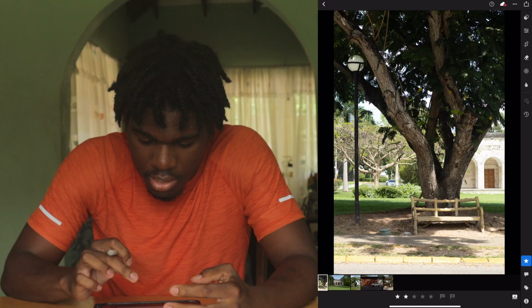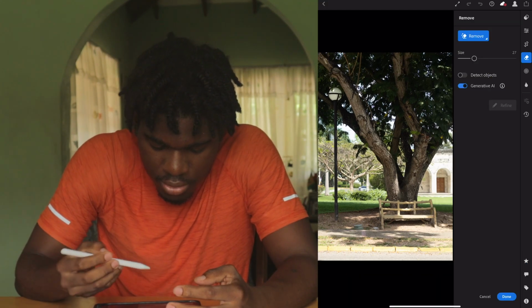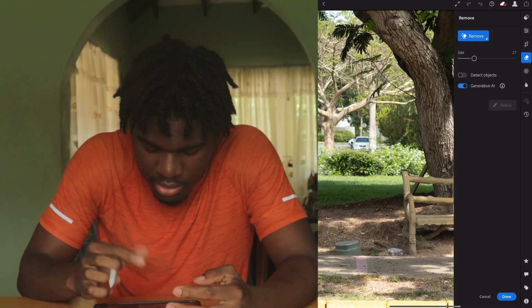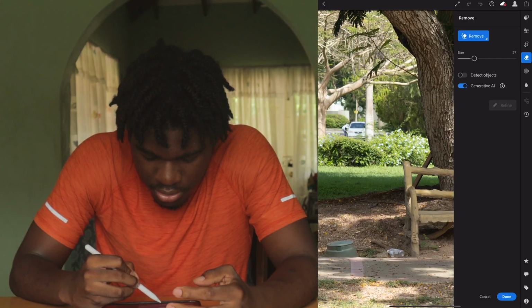Today we'll be editing some of the photos I took while I was on a walk with my friend Kadim. So let's jump right in. Here we have a photo of a bench. I like this frame, for the sole reason that the bench was placed against the tree. First we're going to remove some of these